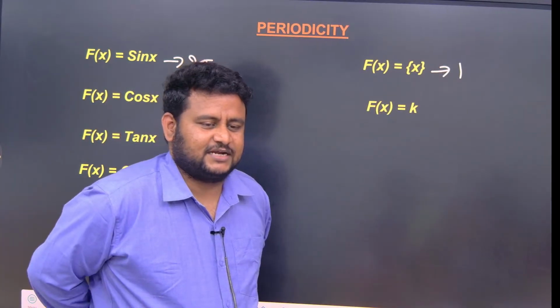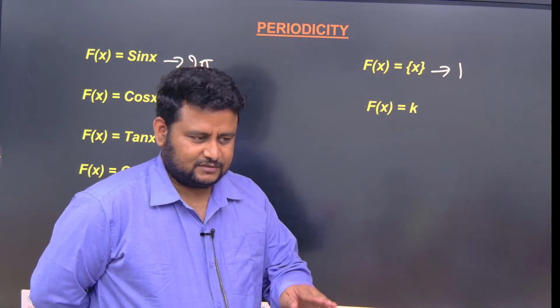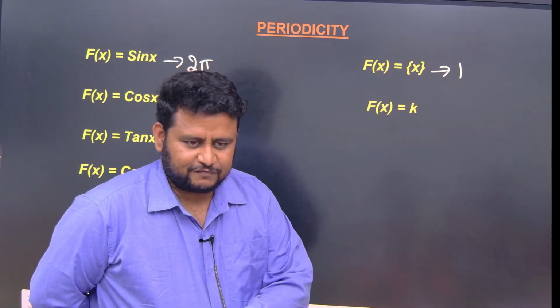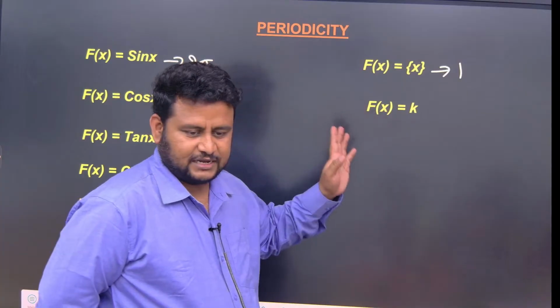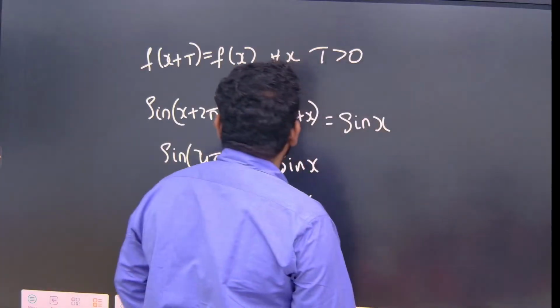For a constant function, suppose I write 3, 6, 9, 12, they are all periodic, with the range being multiples of 3. They are all periodic functions, but they do not have an exact period. So that is the meaning of it. Clear? Now, when I talk about the next thing, see here,